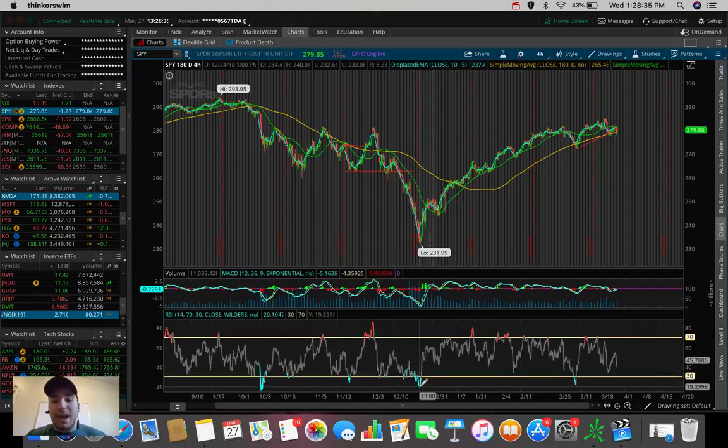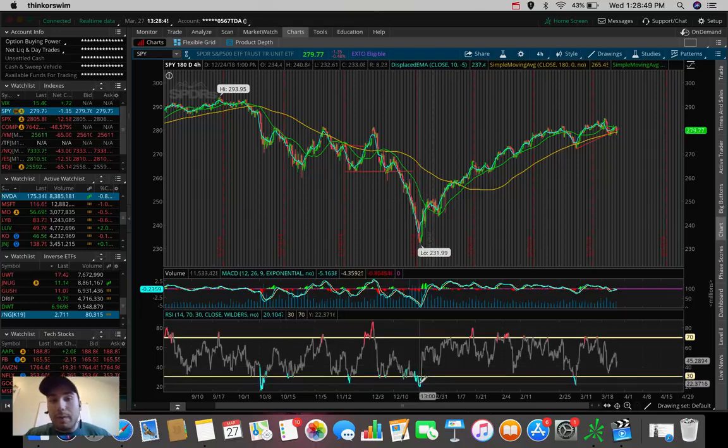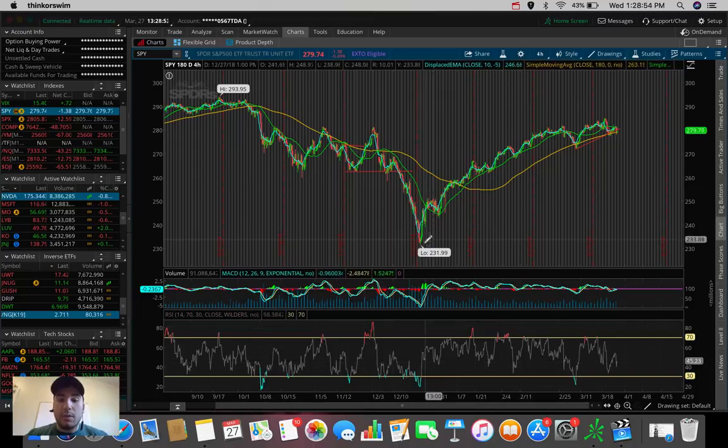We pushed all the way down to about 19, which is extremely oversold. And if we were just basing our trades, our decisions on the RSI, in this time period, this would have been a good time to buy in terms of what the RSI indicator is telling us, and we would